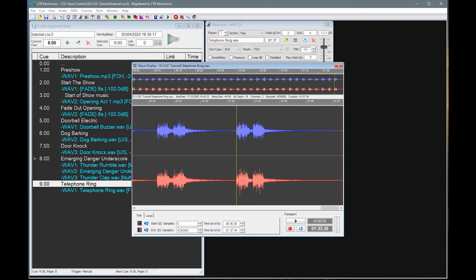So I'm going to select here, I'm going to start the sound effect from here, and then I'm going to go to the looping tab, and I'm just going to say loop until exit, and I'm going to set the loop in here, and probably about there we would want to run the loop back again. And when we play this now,